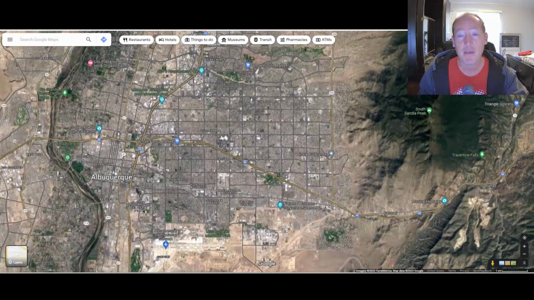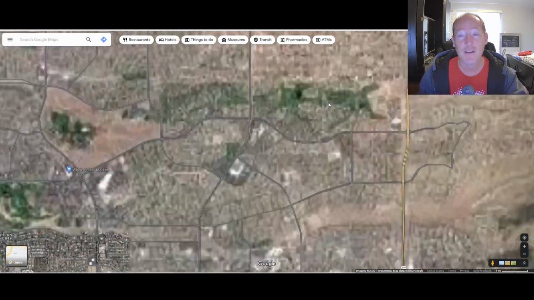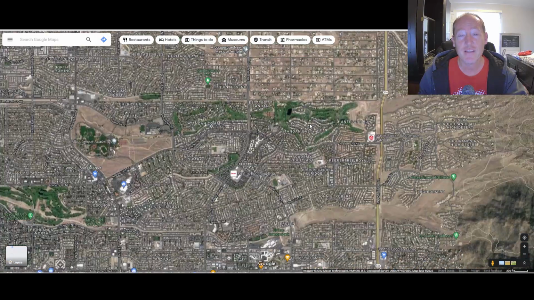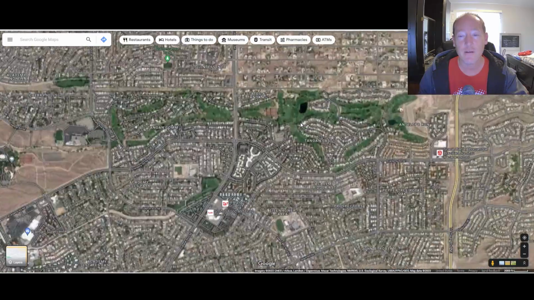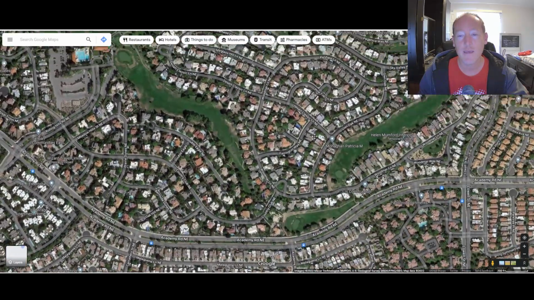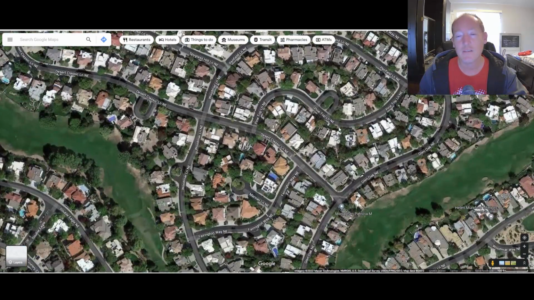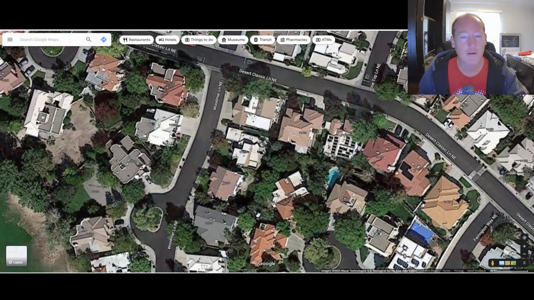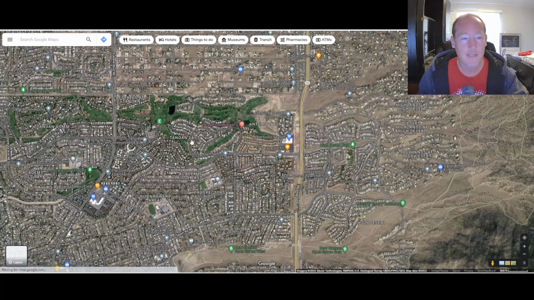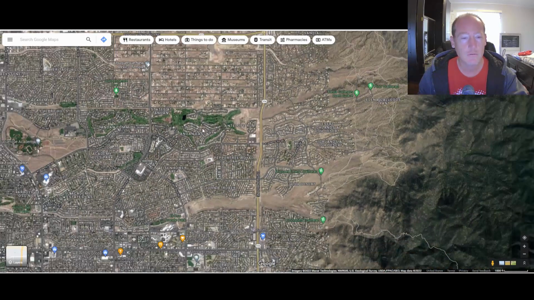Now, Albuquerque is probably not the best for looking for green areas, but here we go. See how I did that? I just zoomed out, looked at a green area right there, and zoomed right in. And what do I get is right here, top line, Desert Classic. I guarantee you these are unique names that the builder put in the house, in this housing community, and they're all giant homes. So that took me all of 10 seconds to locate this area